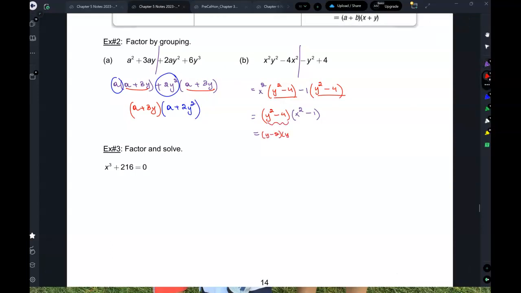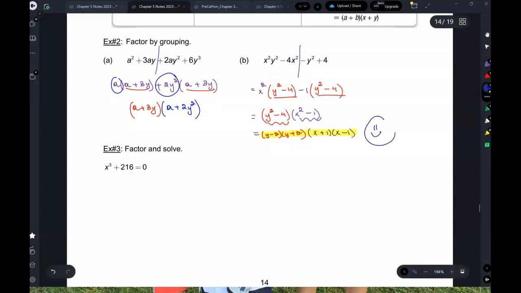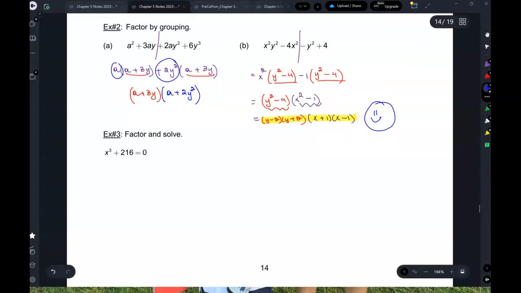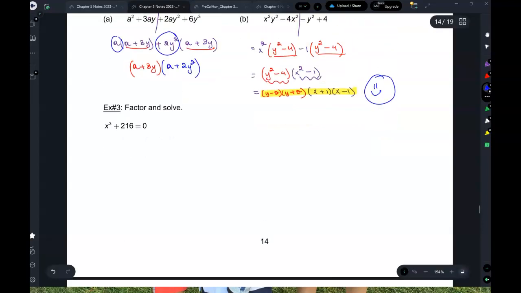Yes, y plus 2. And what about the x squared minus 1 though? Yes, x plus 1, x minus 1. And now we're done. Talk about a mega factoring problem. Okay, so now here we have